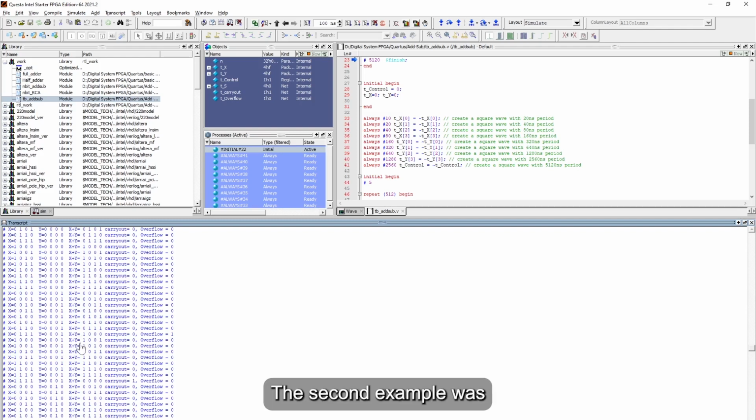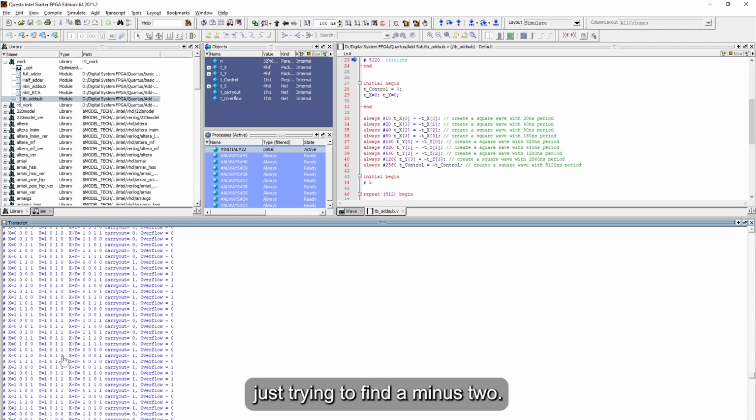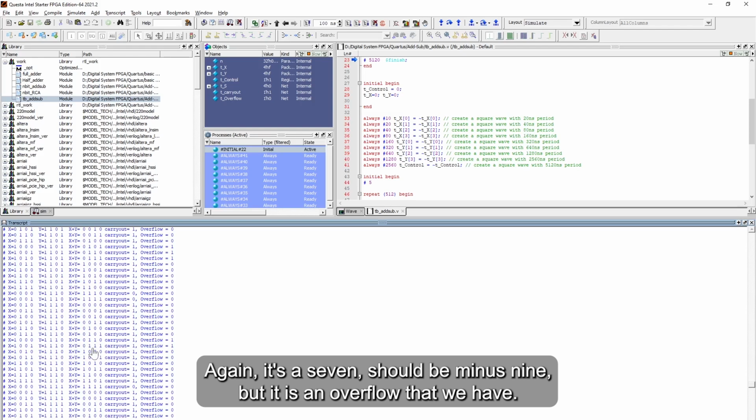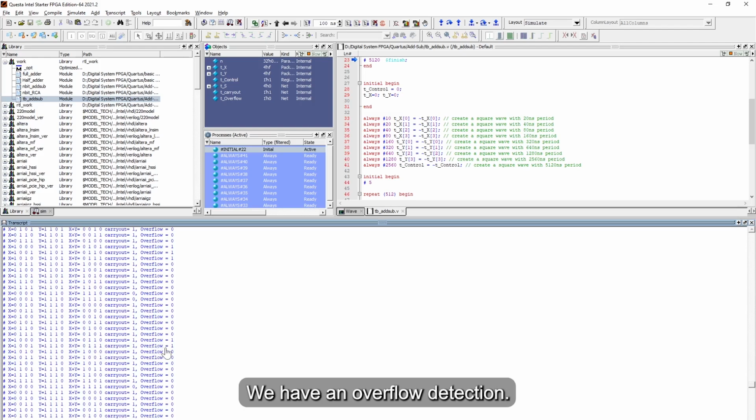The second example was minus 7 minus 2. So let us try to find minus 2. Here we have a minus 2. Minus 7 minus 2. Let's find minus 7. Minus 7 minus 2. You can see here we have a wrong answer again. It shows us 7. It should be minus 9, but it is an overflow, so we have an overflow bit